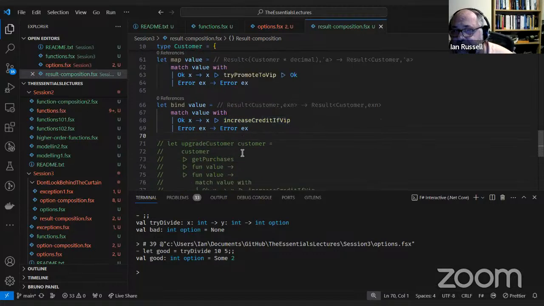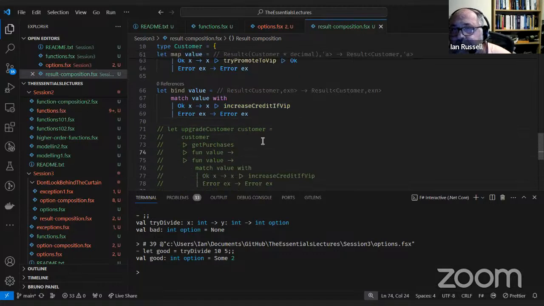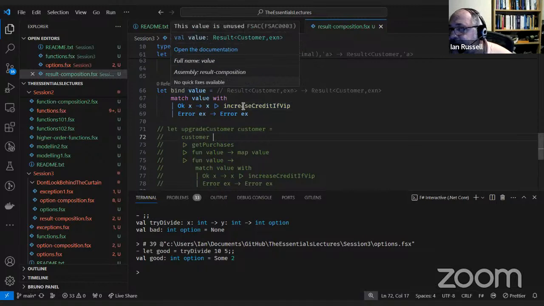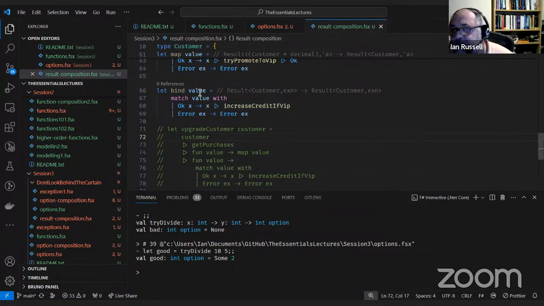So if I just did map of value, that would actually work because I've hard coded the name of the function into here. So what I want to do instead is just pass the function in. So if I call that f,